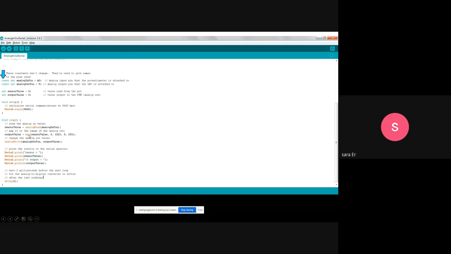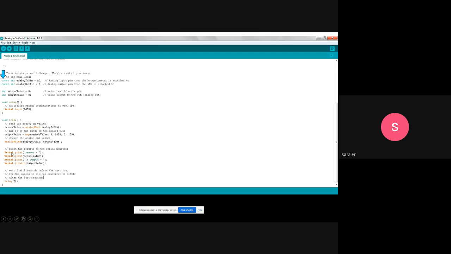And after that, we should use the map function to convert the read value that is between 0 and 1023 to 0 and 255. The output value is in the desired range. And after that, we pass it to the analogWrite function. The output value is written here by using the analogWrite function.